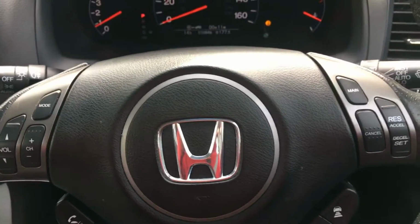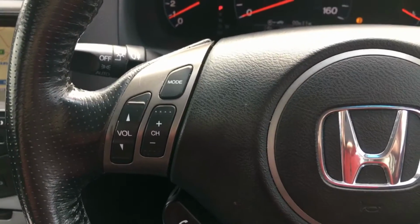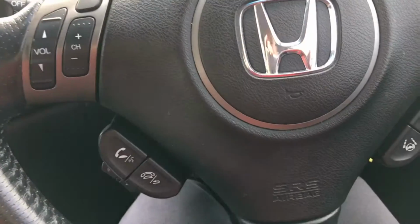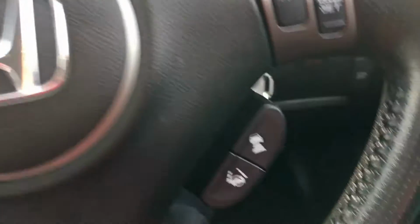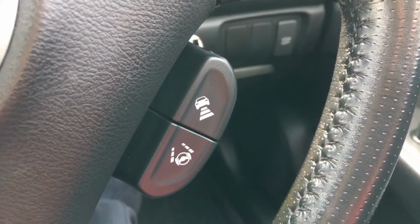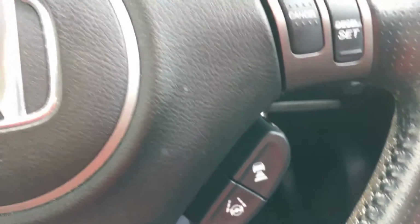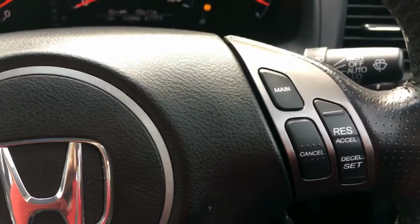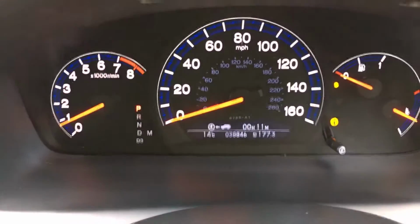And just coming across to the steering wheel, here you can see you've got auto lights on the left there, stereo control buttons, and hands-free functions for Bluetooth for compatible phones. And there you can see the controls for the automatic cruise control and lane mitigation system, all working absolutely perfectly, and the main controls there for that as well. Auto wipers on the vehicle, and just to pan into the dashboard,